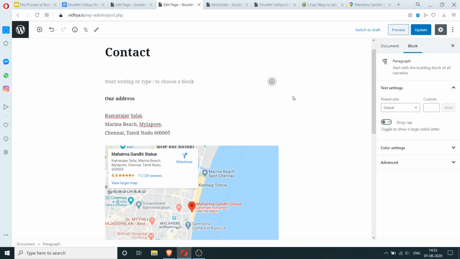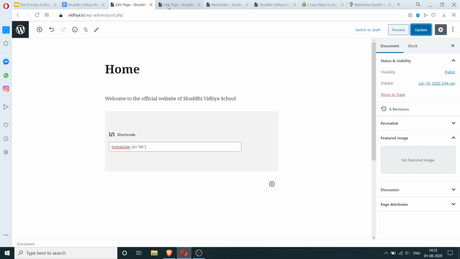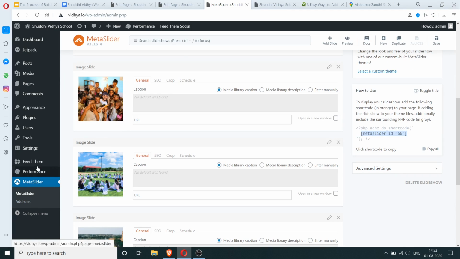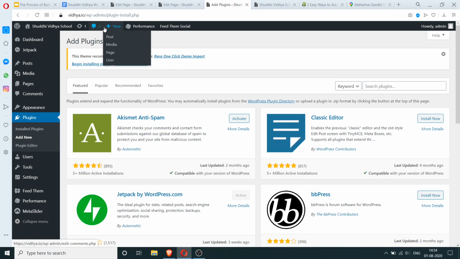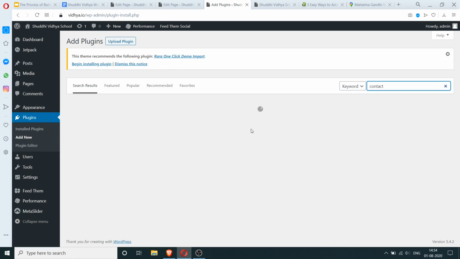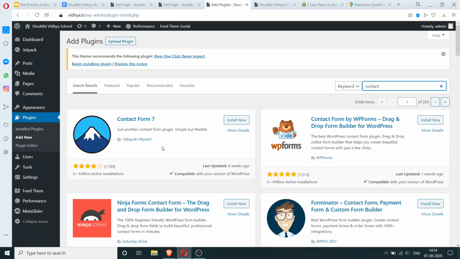So there's no widget for the form, so we'll have to install a plugin for this. Let's update this for now, and let's go to plugins, add new, and we want to have a contact form. I'm going to have this form, Contact Form 7.